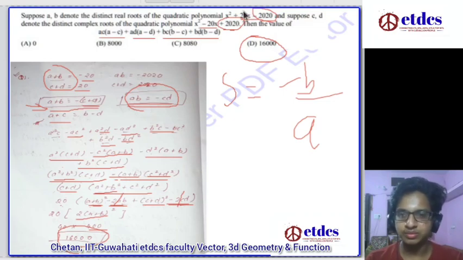First of all, we could have found the values of a, b, c, and d and then directly put them in. But instead of that, this approach can come in handy and can be quick. We are just writing simple equations where we can use their values directly. So going to the next question.